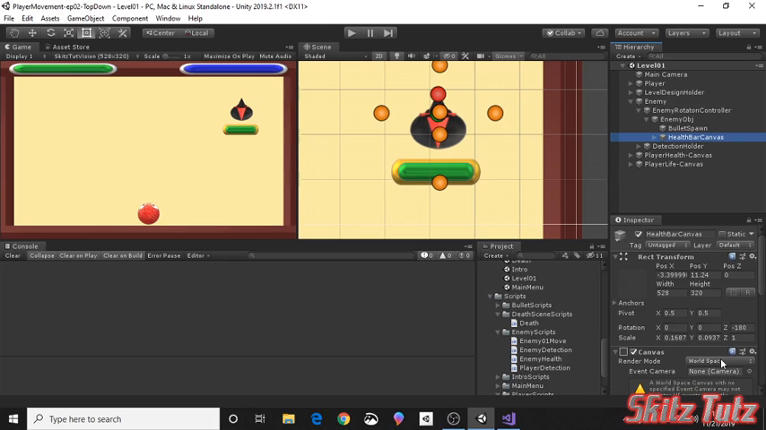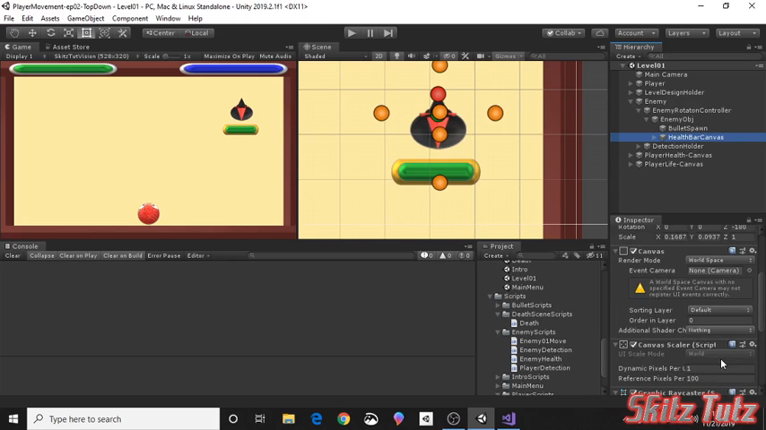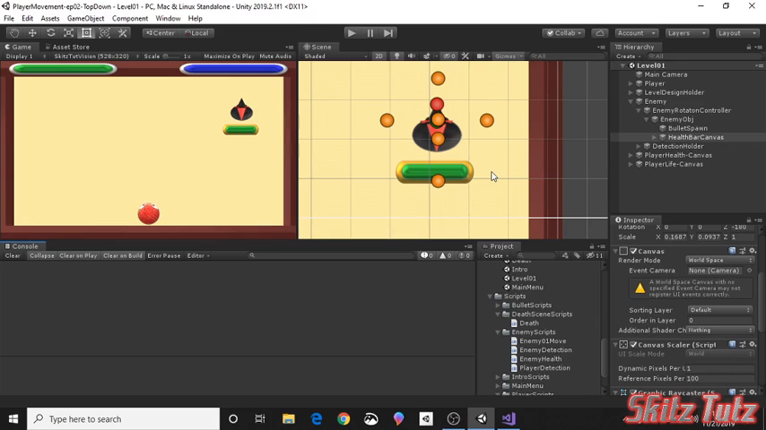Now for the render mode, right here in the canvas, it starts off default as screen space overlay, and that's what you're seeing with the player health bars. We want the world space for this one. Now it's part of the world, but when you click this, you will not see any changes. So you're going to want to